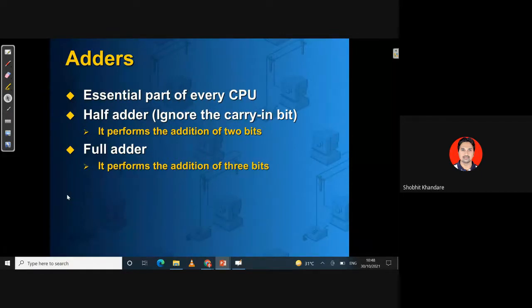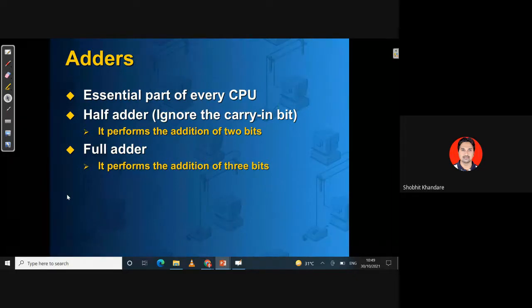Now here we have 2 types of adder. One is called a half adder and the other is called a full adder. The basic difference between the half and full adder is that your half adder performs the addition of 2 bits and your full adder performs the addition of 3 bits.